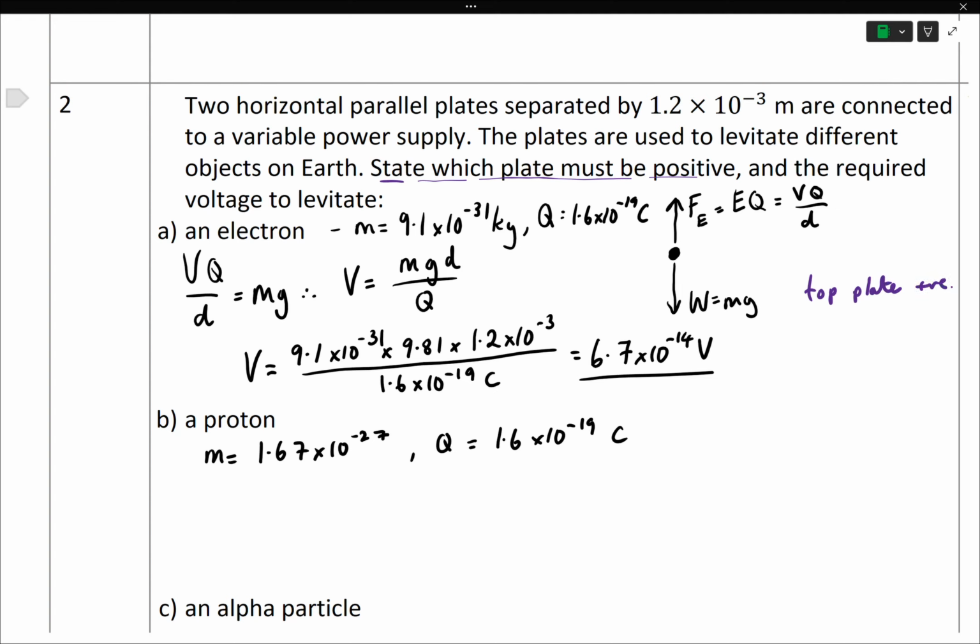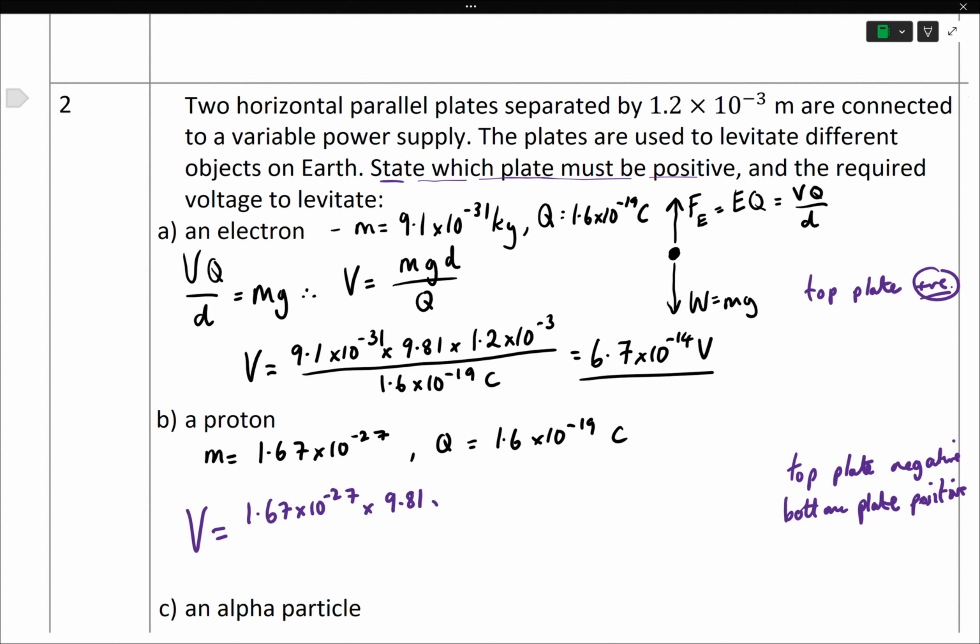For the proton, for it to have a force upwards, we need the top plate to be negative, or alternatively the bottom plate positive. Sorry, this is just a shorthand way of writing positive that I've used up here. So the equation for this one, V is equal to the mass, 1.67 times 10 to the minus 27, times 9.81 times the separation, which is 1.2 times 10 to the minus 3, over 1.6 times 10 to the minus 19,